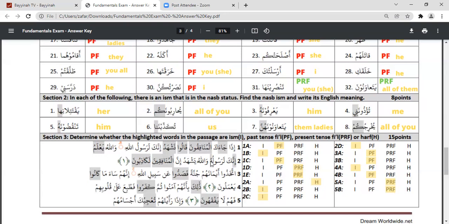Then 2b would be an ism, because this is an attached pronoun. Then 2c is again an ism because of alif lam. And then we have the 2d, which is lakadibun. Kadibuna is again, if you remember, like the muslimuna, and this one is again an ism. We come to the third ayah, sorry, and it is 3a. 3a is